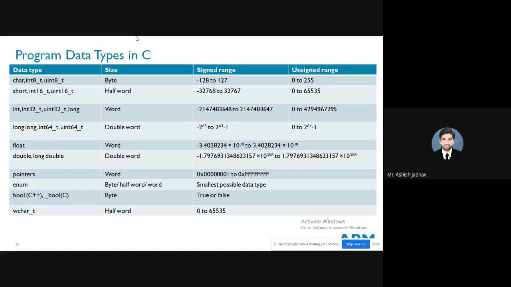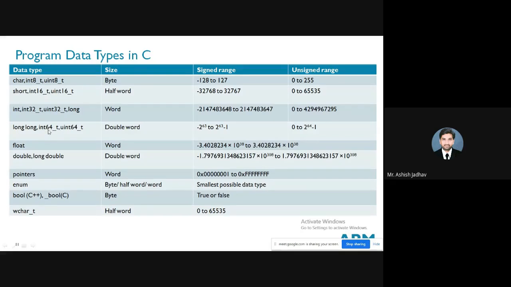Right. So here we are talking about 2 raised to 32. Means what? 2 raised to 32 is the total range. So you can say this unsigned range is 0 to 4294967295. This would be the unsigned range. Right. Now we have long, meaning integer 64.